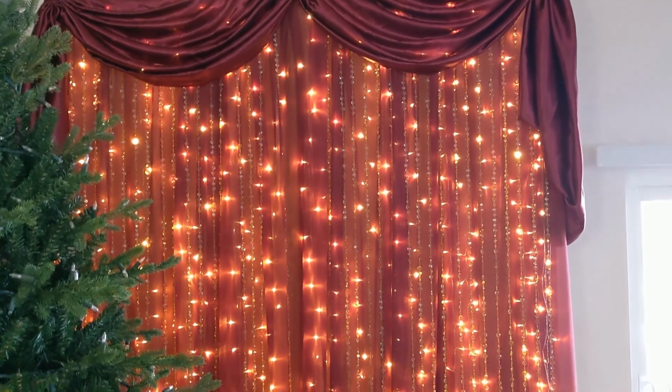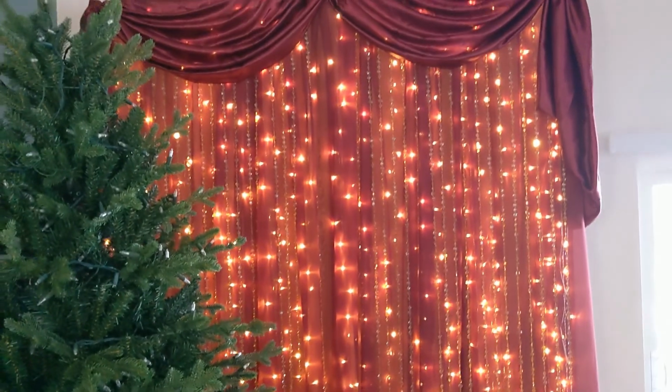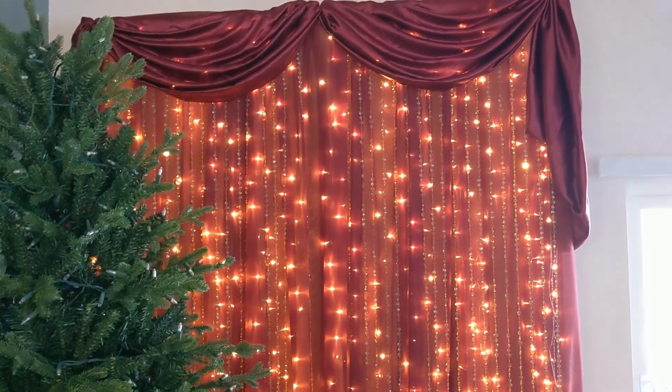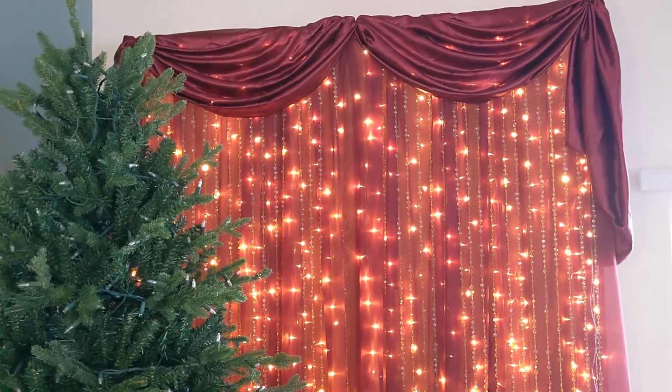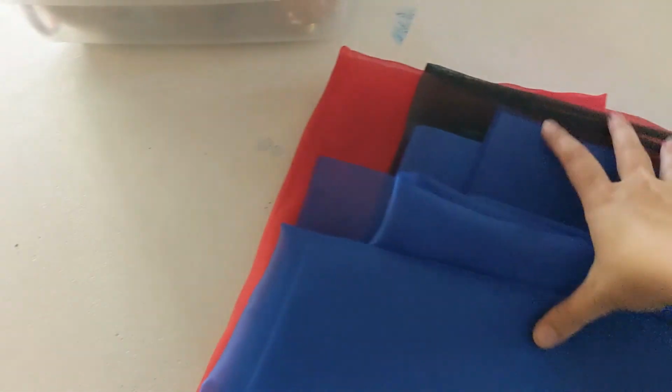So this is gonna look really cool once we get the tree up, and I guess I need to figure out the tree topper now. I think I know what I'm doing, but let me go pull some options. So before the tree goes back into its spot, not that it really matters, but I know I have this